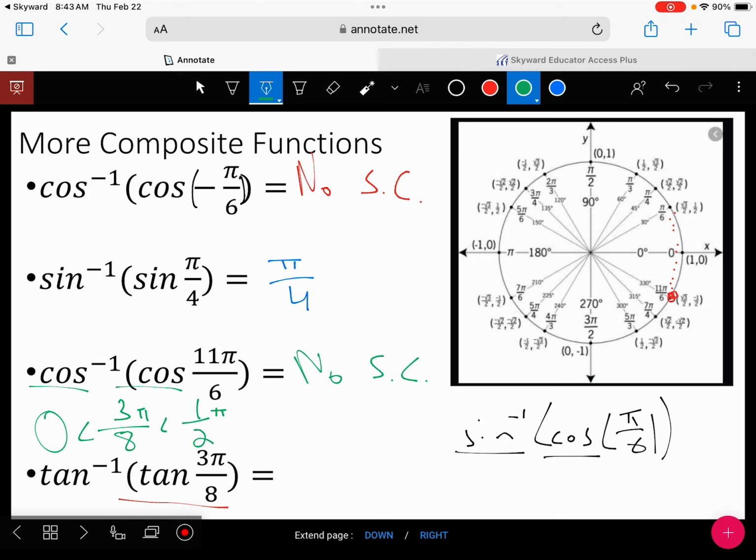Yep, so 3 pi over 8, we don't know where it is in quadrant 1, but we know it's in quadrant 1. That's good enough for us. We can just write this one as 3 pi over 8 and be done with it. What? So that's like an educated guess. It's a firm answer. We know with our shortcut that our answer